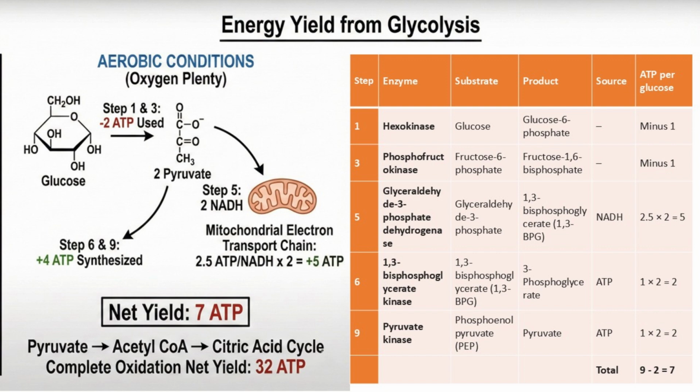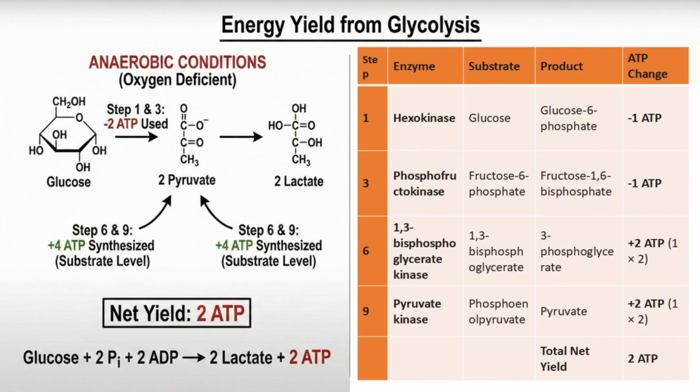Substrate level gains. We then gain 2 ATP at step 6 from 1,3-bisphosphoglycerate kinase and another 2 ATP at step 9 from pyruvate kinase. The result, totaling 9 ATP generated minus the 2 invested, we get a net yield of 7 ATP. In anaerobic conditions, like in red blood cells or rapidly contracting muscle, the energy yield is much lower